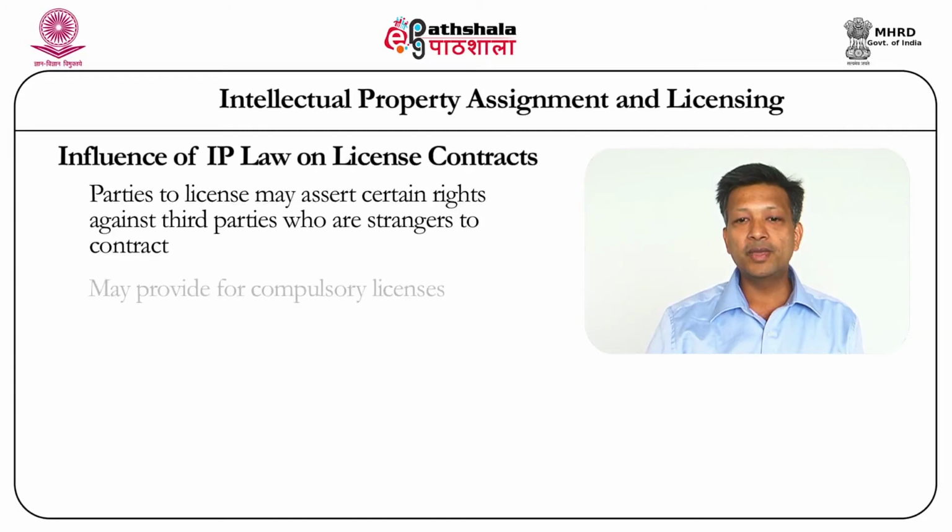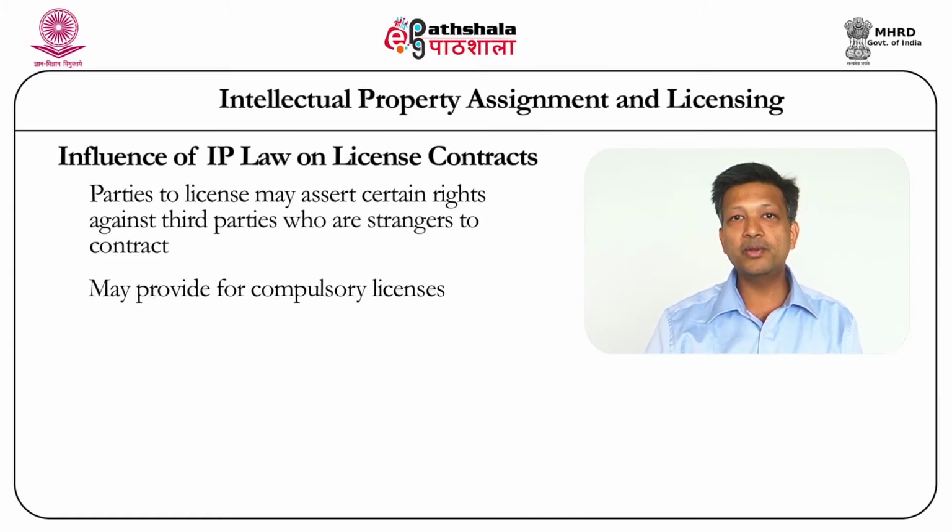Intellectual property law may also provide for compulsory licenses. Normally, contracts are free. We have the theory of freedom of contract. If the party owns something, he is free to contract it out. But in certain cases regarding intellectual property, the law has provisions for the grant of compulsory license. That means if the person wants a license, he is not required to go to the owner of the intellectual property. Instead, he may go to the state and obtain a license from the state,